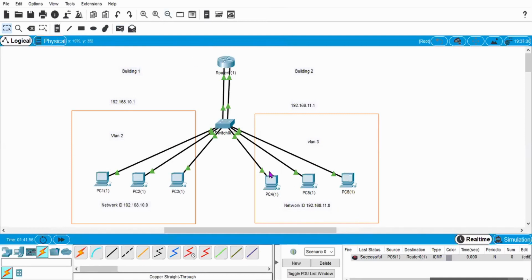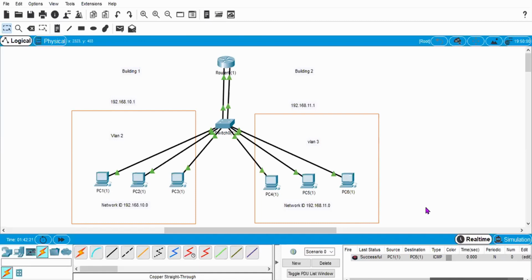Okay, so if you can communicate between this PC and router, and between router and this PC, it means you can communicate from this PC to this PC. Okay, so this is the way whenever you are using switch and router and you want to communicate between two LANs.